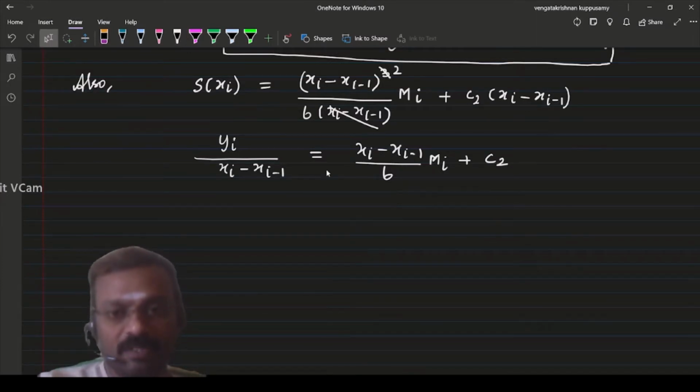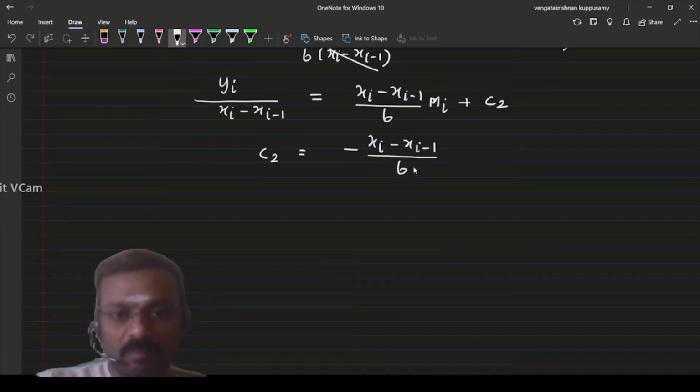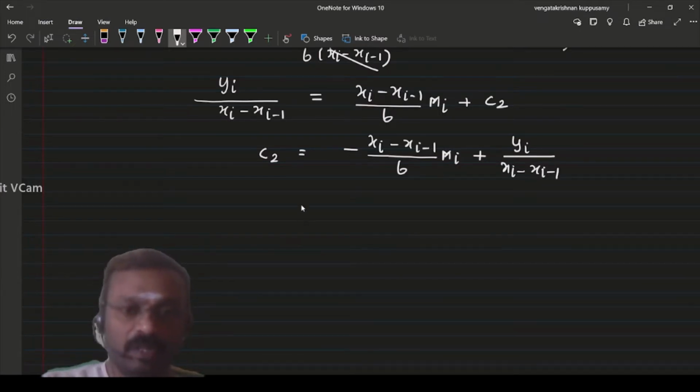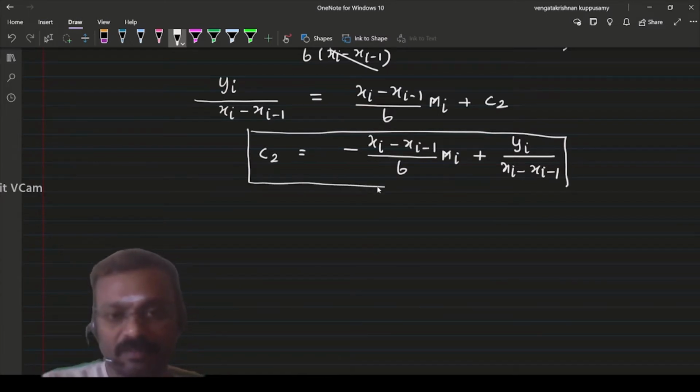So from this we get c2 is equal to minus of (x_i minus x_{i-1}) by 6 into m_i plus y_i divided by (x_i minus x_{i-1}). So substituting these two constants c1 and c2 in our S of x,